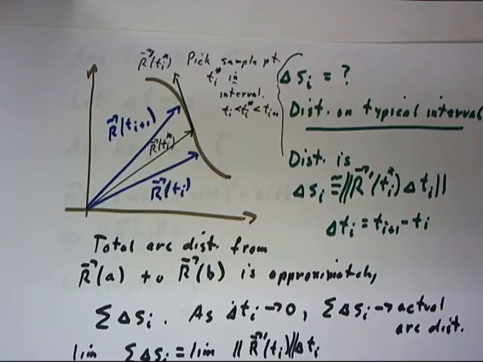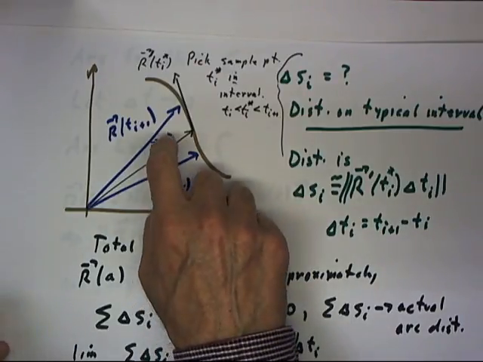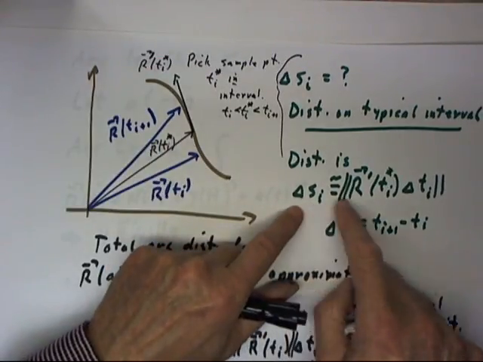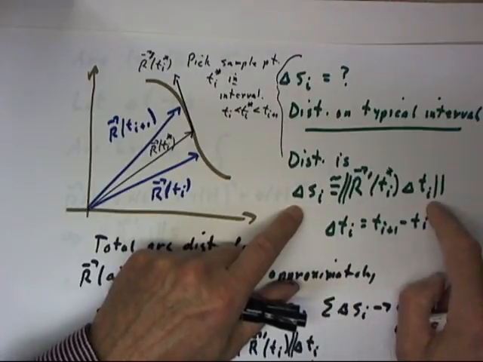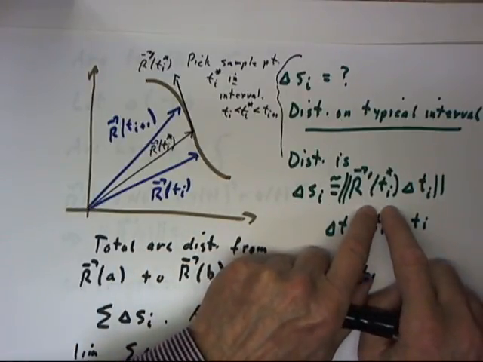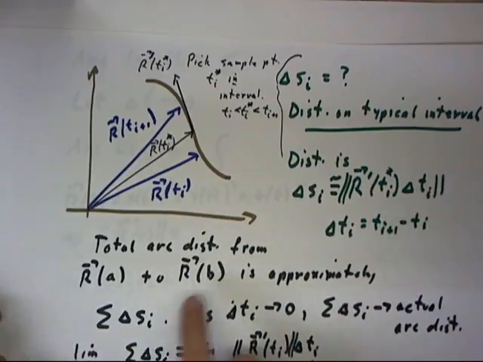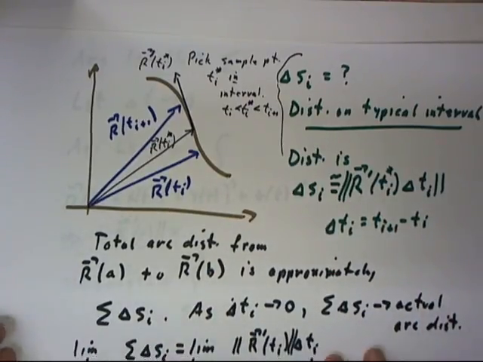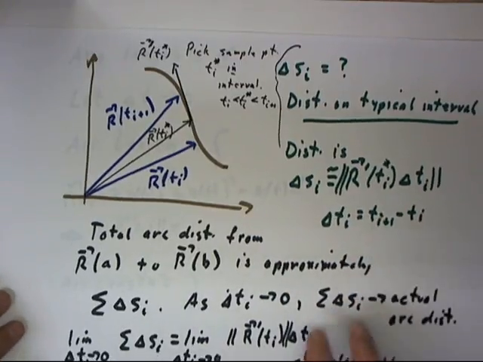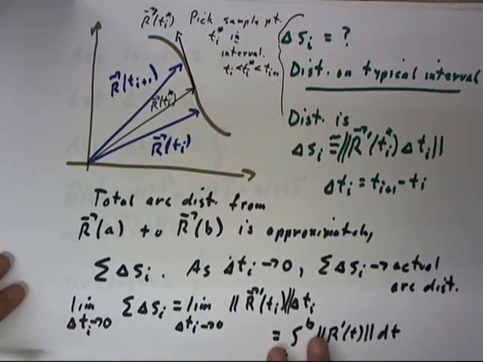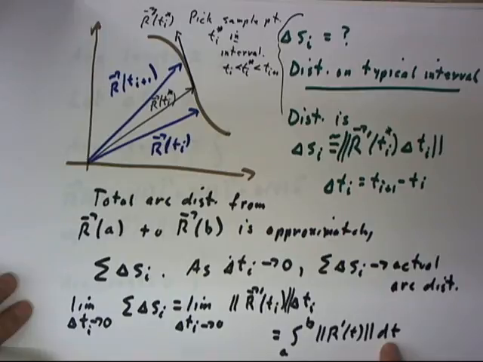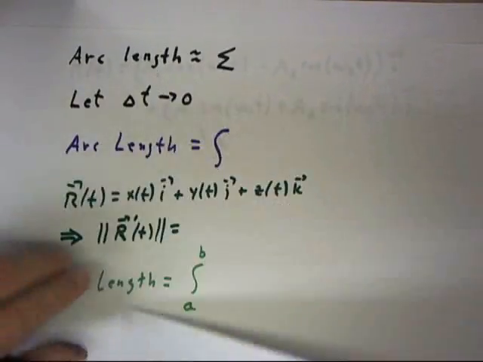sample point, R of t sub I, represent the distance traveled in that interval by an approximate expression in terms of R prime of t sub I, add those distances up, let the widths of the intervals approach 0, and we obtain finally the integral of the magnitude of R prime of t dt, so that